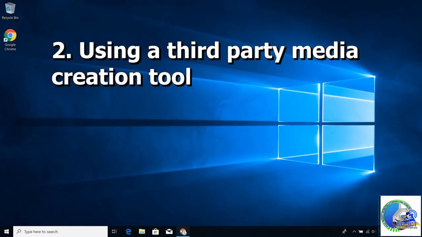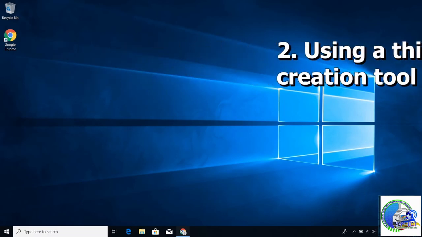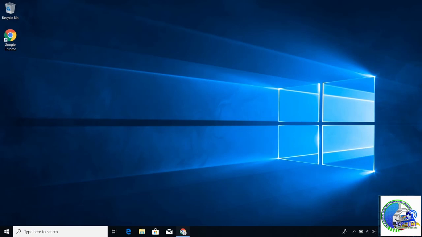The second method is to use a third-party application to create your Windows 10 bootable flash drive. Here, I'll be using Rufus. But before downloading and running Rufus, you need to have your Windows 10 ISO file saved somewhere on your computer. If you are yet to download a Windows 10 ISO file, the procedure is pretty similar to the first method